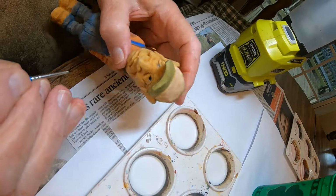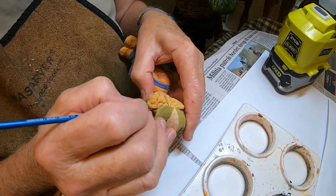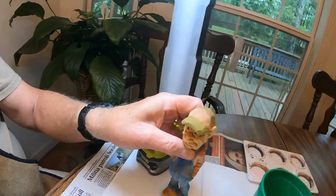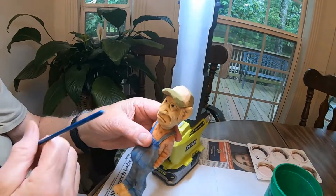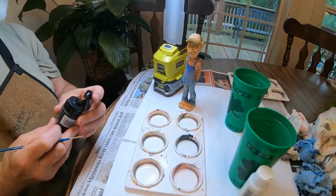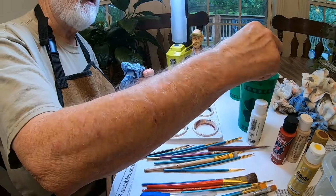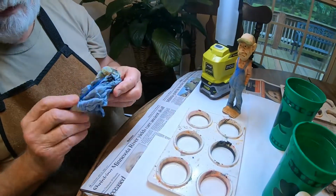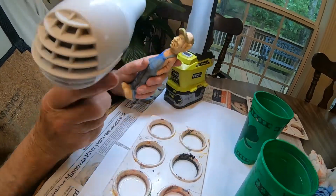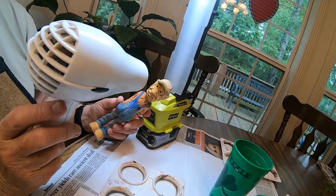There's one. And then I'll go and do eye number 2. And see, when you add that black in there, it really does make it shine, or pop out, rather, is what I'm trying to say. Now, I am going to take the hair dryer again and come in here, and I'm going to dry that black I just put in there,